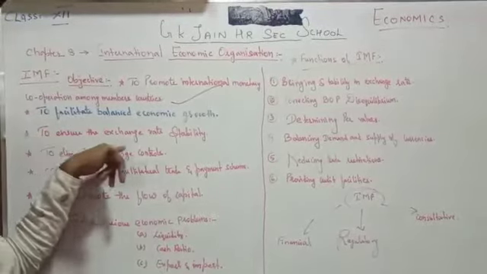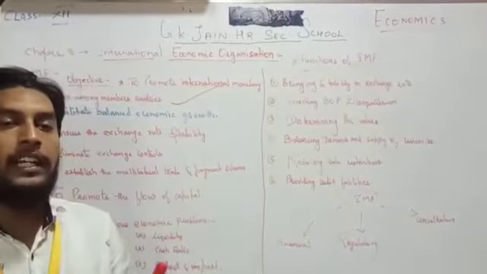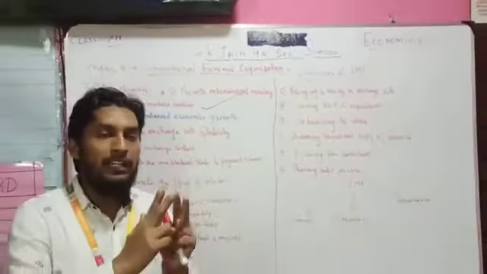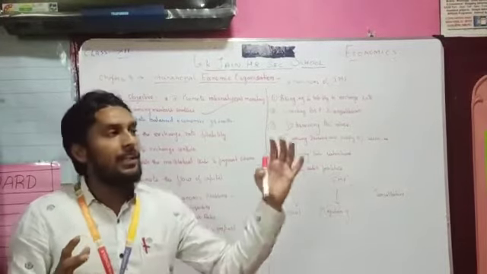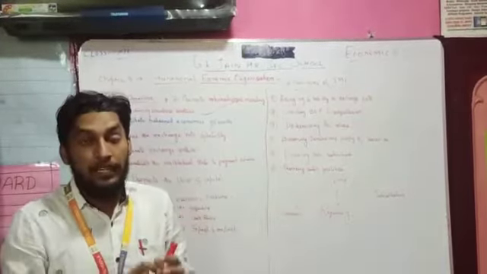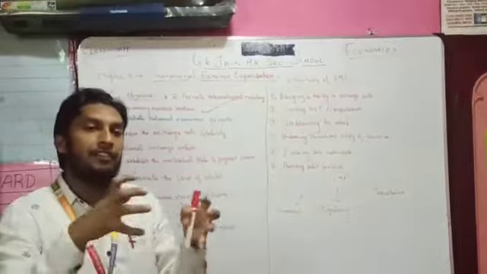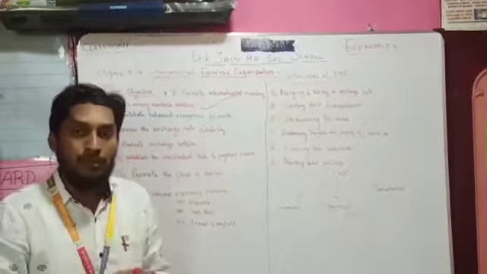Point number 3 says to ensure exchange rate stability. See, when two countries come together for any kind of trade, any kind of business operations, what happens? There is a lot of trouble. For example, if two companies come together for one manufacturing activity, what will happen? This company will say, I am an expert in this. The other will say, I am an expert in this. That kind of ego issue comes. In the same way, when two countries come together for any kind of exchange, trading, or economic policy dealings, such issues come. What kind of issue? The export-import issue. The exchange rate issue: when you exchange goods, when the currency is being exchanged, the exchange rate problem happens.